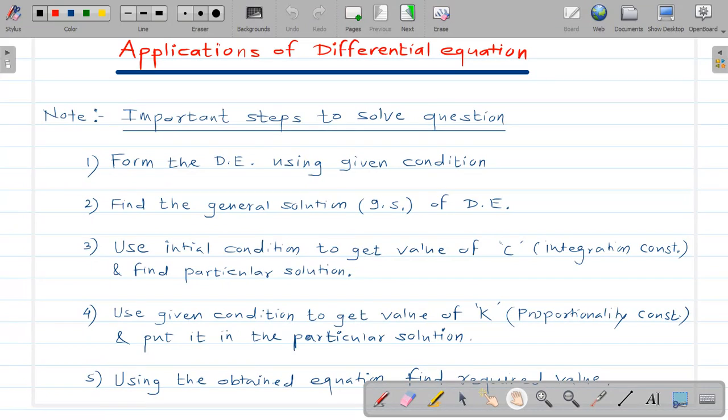So see all the important steps to solve this type of question: 1, 2, 3, 4, 5 steps. These are the common steps that we have to use to solve questions related to the